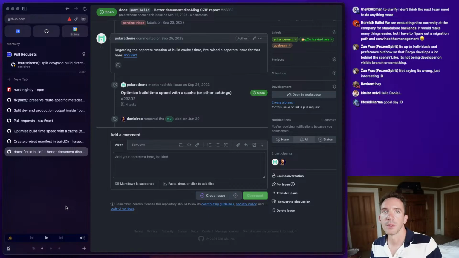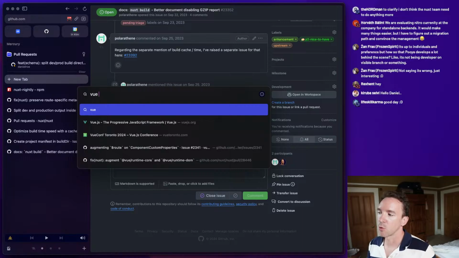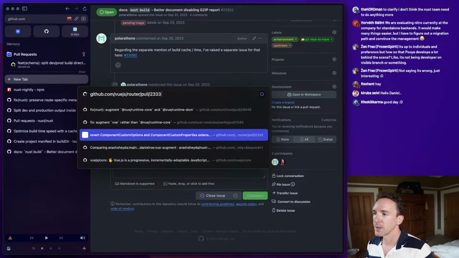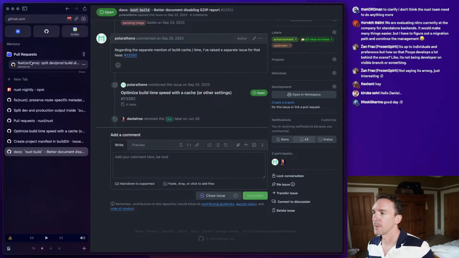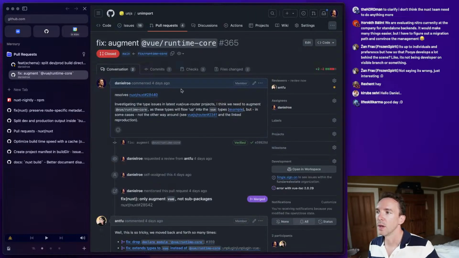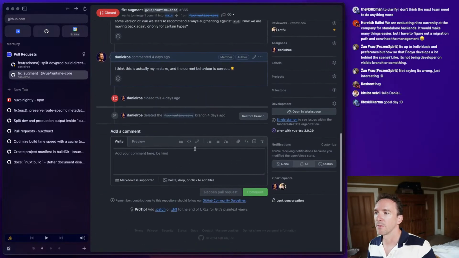Why was that? I periodically do checks across the modules, and I fork them so that I can propose changes. And this was about some type issues in Vue. So not in Vue, but basically we have